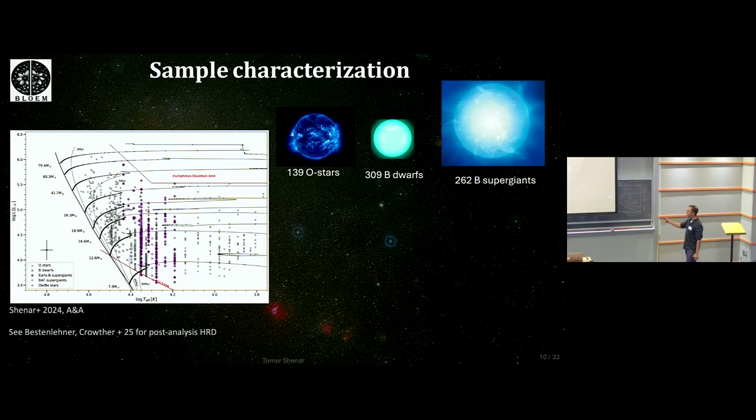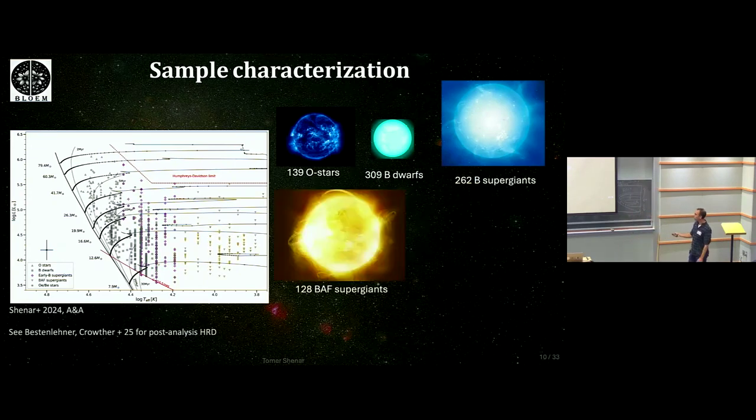For those of you who attended Norbert Langer's talk 2 weeks ago, he already presented this. This has been known also for decades. We see tons of stars in this region, but naively we don't expect them. Okay, if you look at the underlying tracks, you will see these dense points. Maybe it's hard for you to see, but there are these dense points which are equidistant points. Where you don't see any points, that's where you don't expect any stars. This is the Hertzsprung gap. But we see a ton of stars in there. They're real, and they're probably binary interaction products, but maybe our models are also not well calibrated.